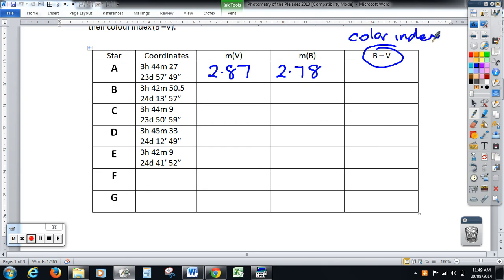Okay, and the colour index is a measure of the temperature of the star, and we use a following on the next page. We can use B minus V to work out the temperature. So subtracting these, this is 2.78 minus 2.87, and that equals negative 0.09. So just tidying that all up,